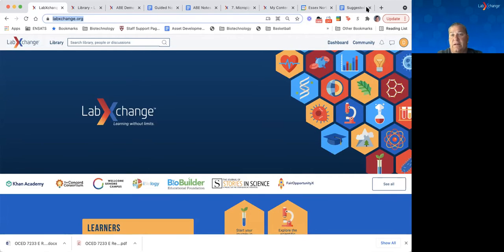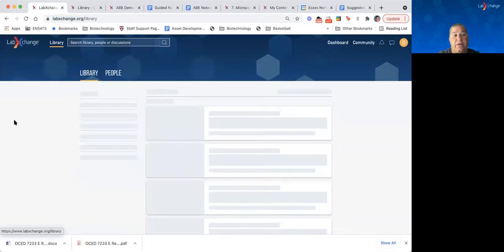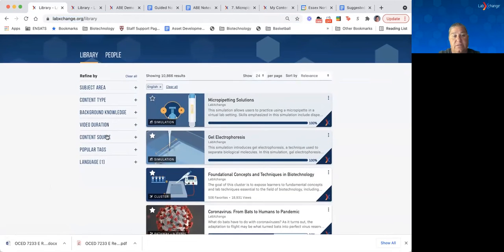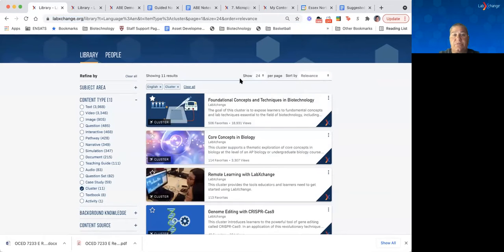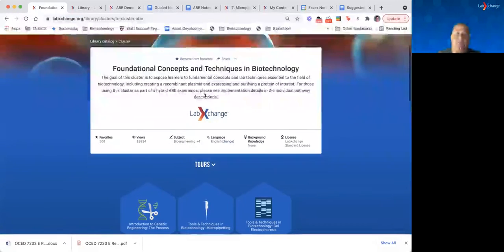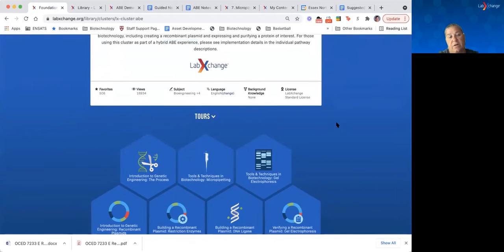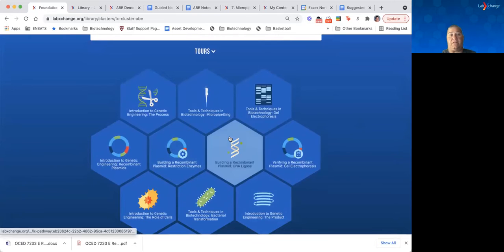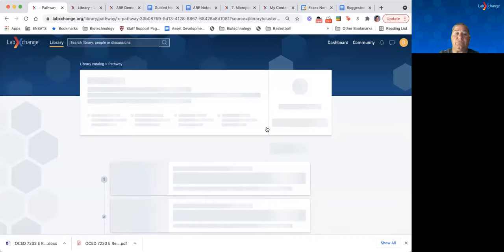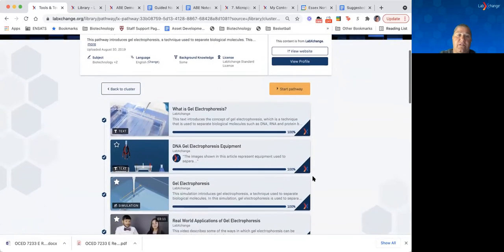So if you go to the LabXchange platform and you are in your dashboard, go to the library and search under content type for clusters. I'm going to take us to the ABE cluster, which is foundational concepts and techniques in biotechnology. This is the one that predominantly mimics the ABE labs 1 through 6. So if you do those in your classroom, you'll see that those are all found in here. And we're going to look at the tools and technologies in gel electrophoresis